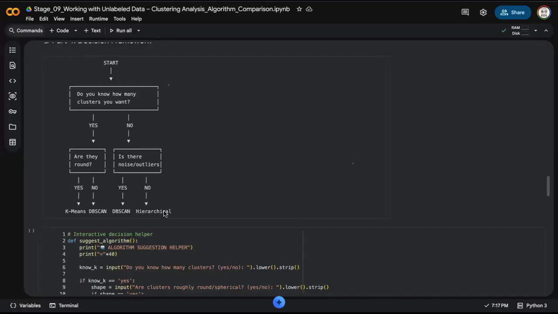Does that make sense? Yes. Can you summarize that? Can you repeat it for me? So practically it asks you if you want to know the amount of clusters. It asks you to know the amount of clusters you want. Yes or no. The yes part